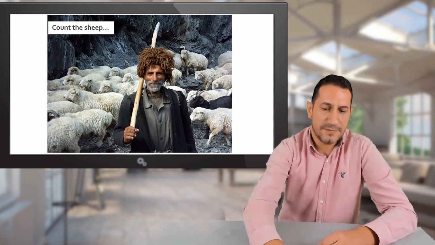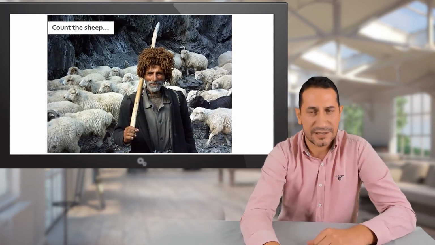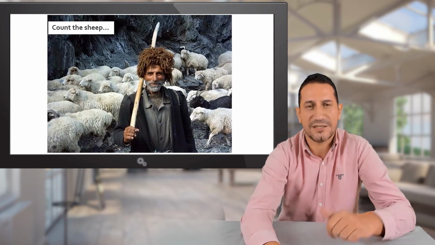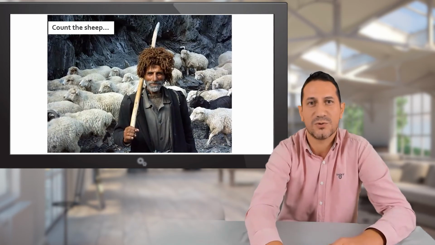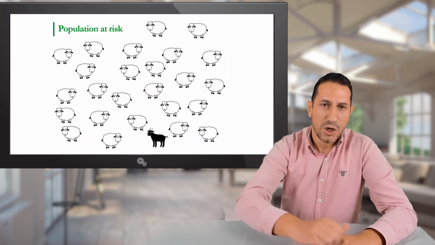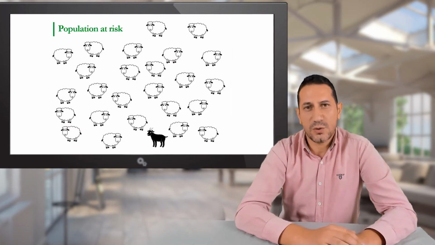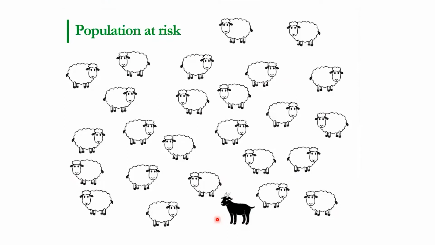So let's count first the flock and define the population at risk, and pay attention that counting sheep has an inherent risk of falling asleep during the job, so we don't want that, so be focused on counting. So from the photos we saw that the shepherd had a goat, and we have that in black here, and that's the first thing to eliminate. Even though goats get mastitis, we are not interested in the goats. The focus is on sheep.